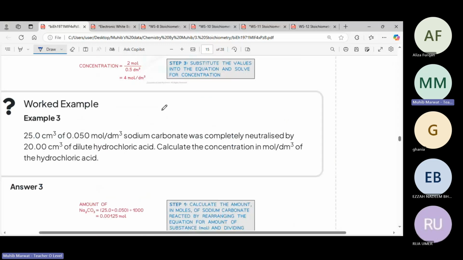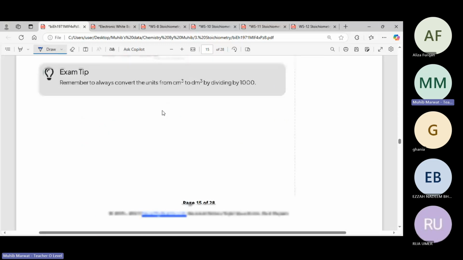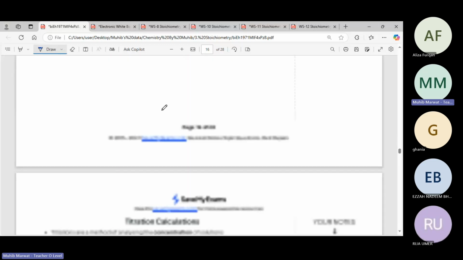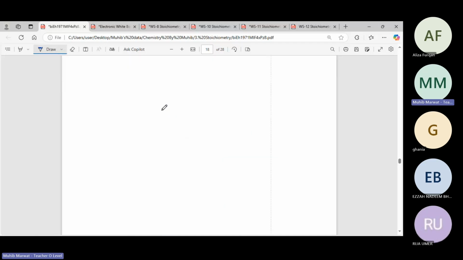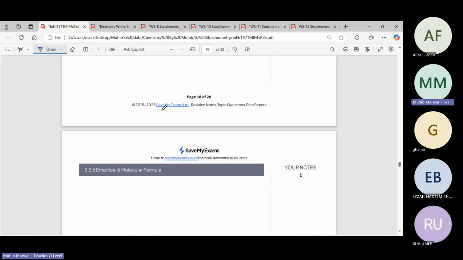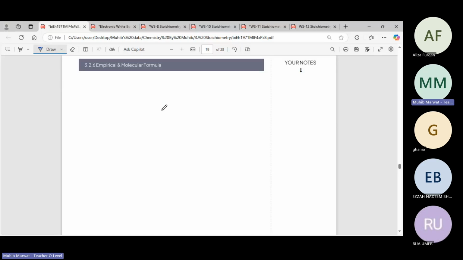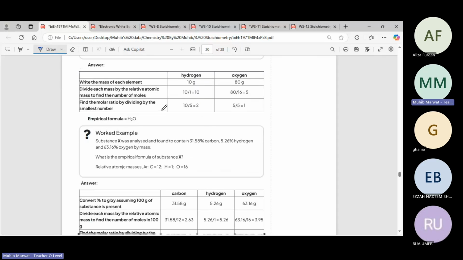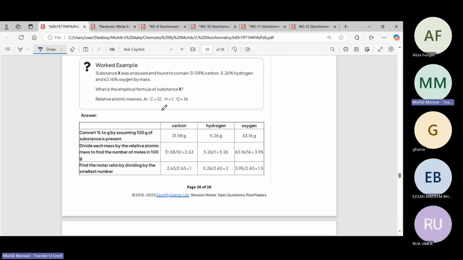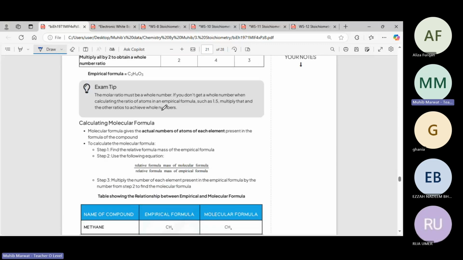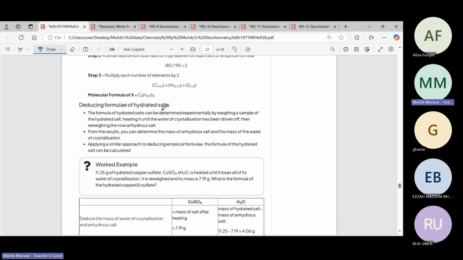Now this one we are going towards. Should we do it right now or should we do it tomorrow? The titration. And after solving the titration type numericals, we will be doing empirical and molecular formula type numericals. And I will be sending a practice worksheet. And also then after that, we will be